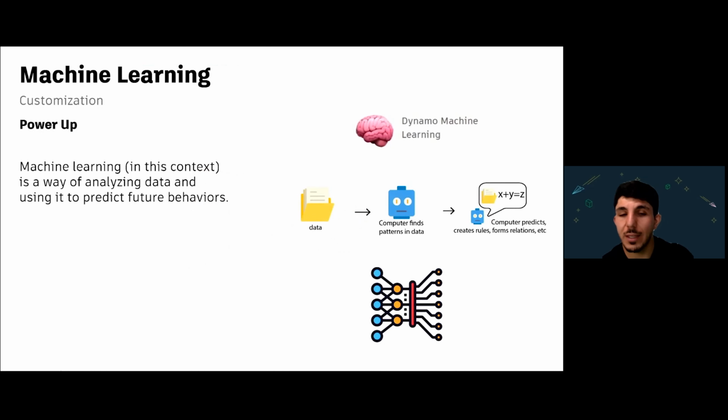Machine learning is just a way of analyzing data and using it to predict future behaviors. You put data in, you can find patterns in the data with the machine learning software, and then it predicts rules and relations. This could be a big boon to helping you create a history of design implementations from many, many different models, or finding the best way of organizing your equipment in a space. It's all possible through machine learning. It's kind of useful for anything. That's how you can get search results predicted for you in your search bar when you go to Google.